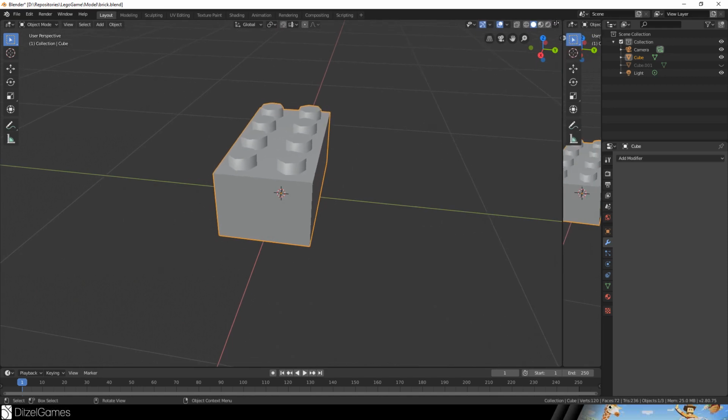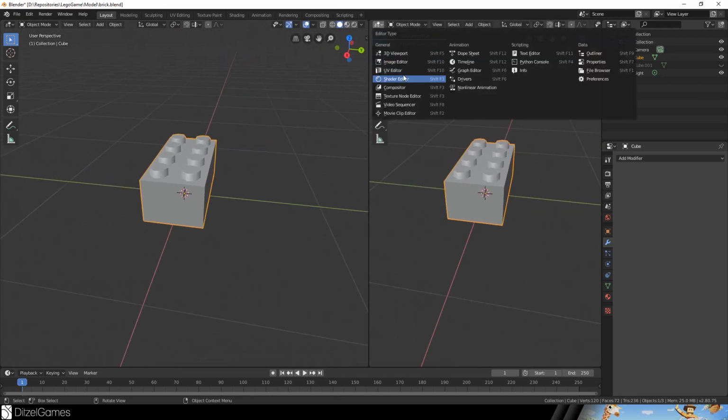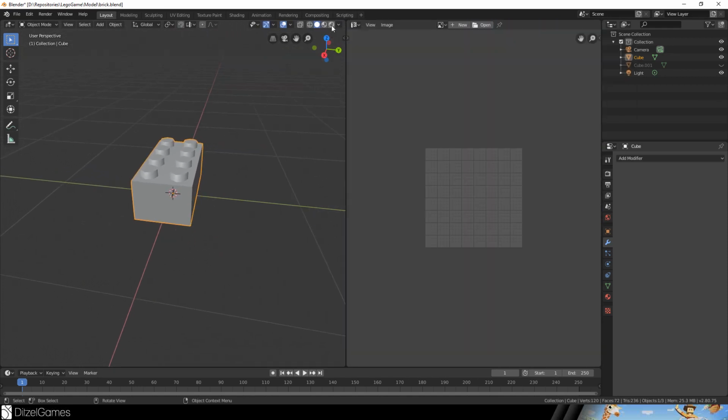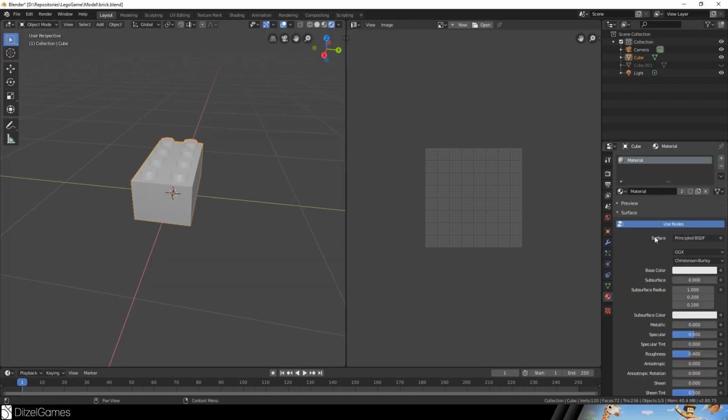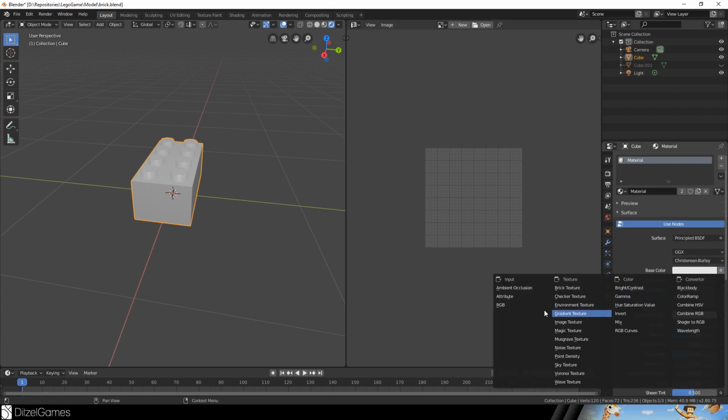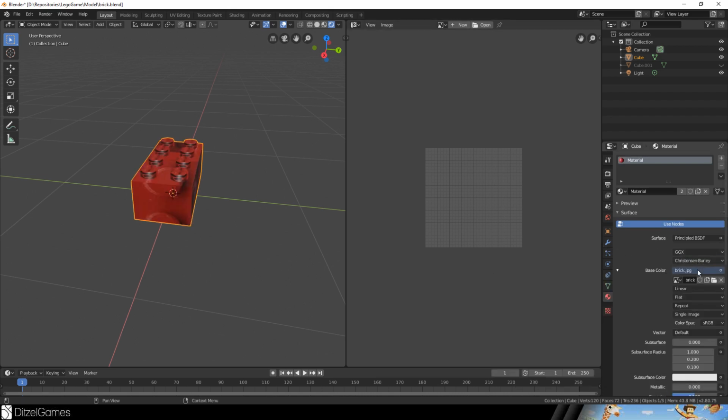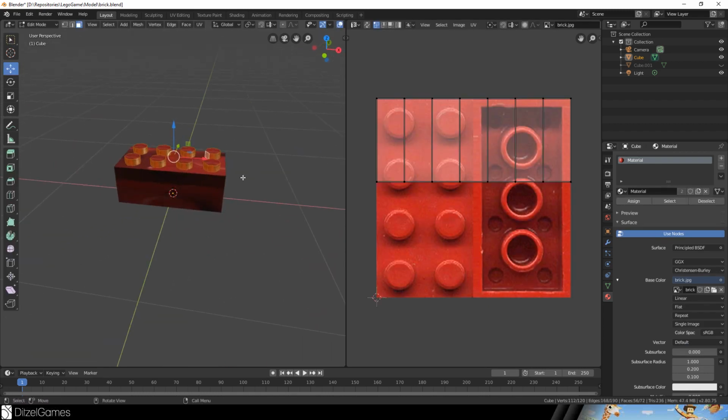Okay, let's create another view and let's set it to UV. In our viewport we go to shaded mode, then we go to the material, and at the base color select an image texture. So I selected this brick texture,